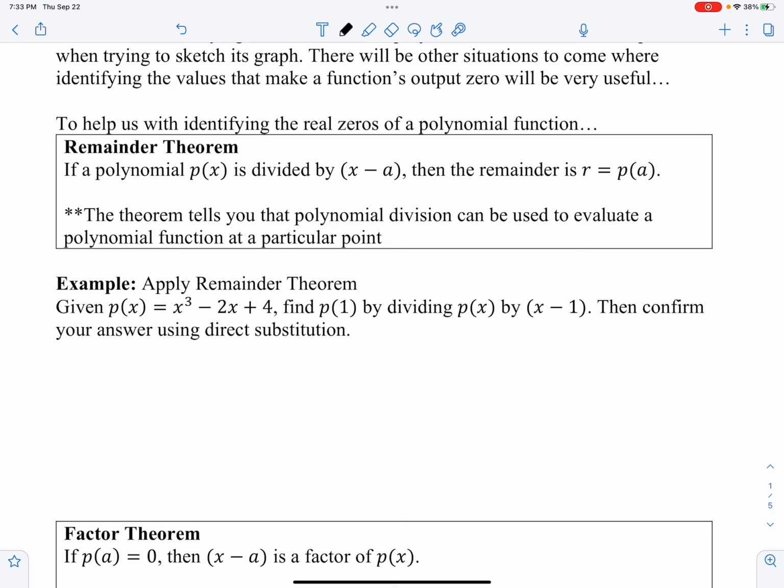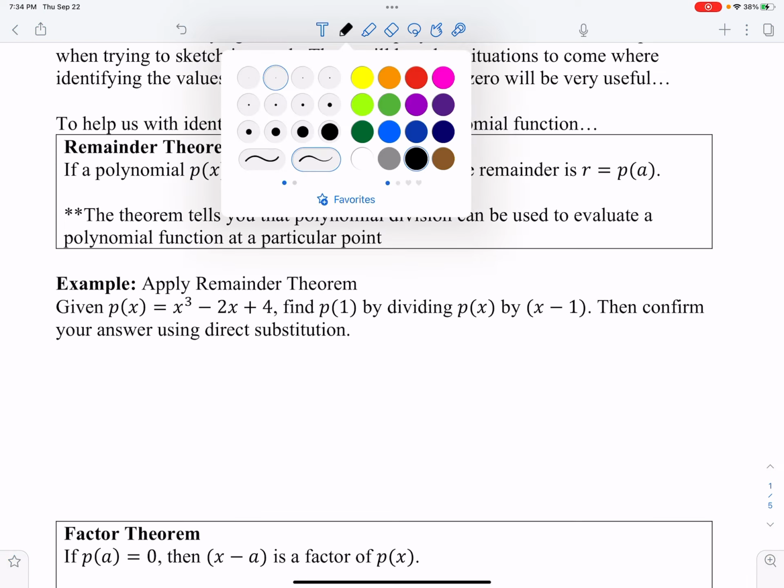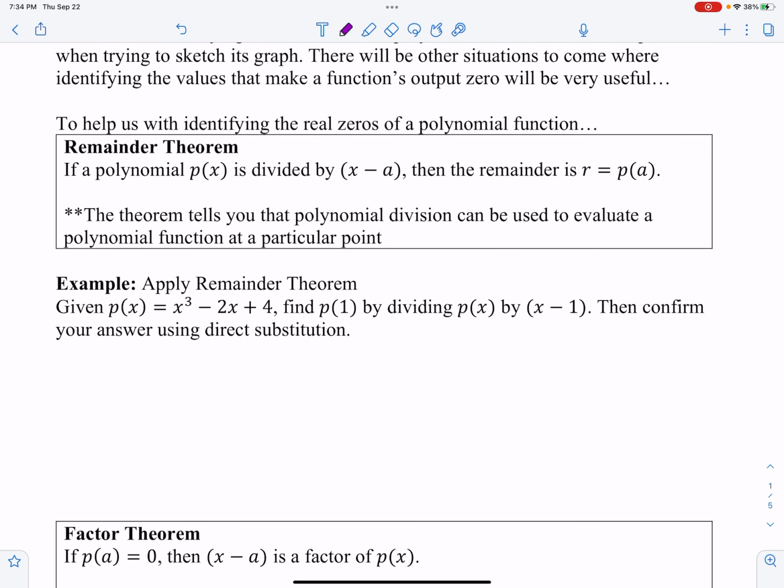If we're given p of x is x cubed minus 2x plus 4, find p of 1 by dividing p of x by x minus 1. Then confirm your answer using direct substitution. So we'll confirm that we get the correct value of p of 1 by dividing x cubed minus 2x plus 4 by x minus 1 to make sure that the remainder matches that value. Since we are dividing by x minus 1, we can use synthetic division here. You can use polynomial long division if you prefer, but I'm going to use synthetic